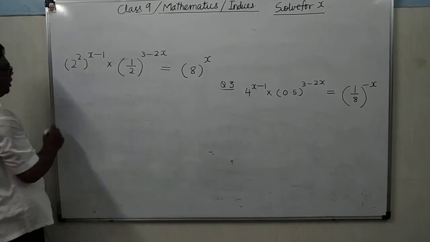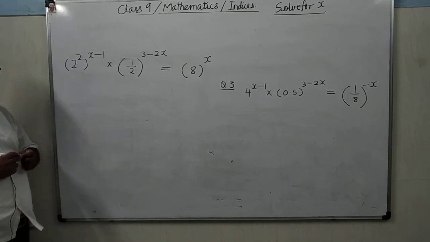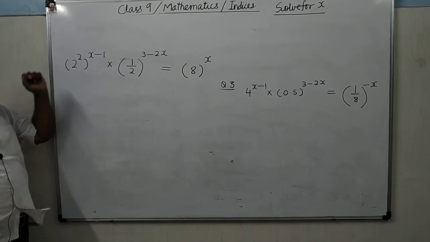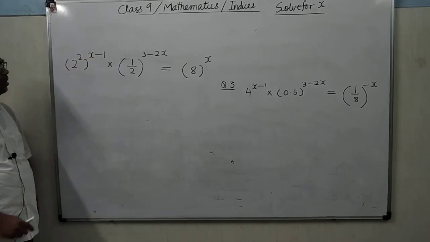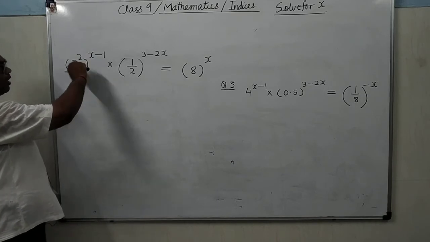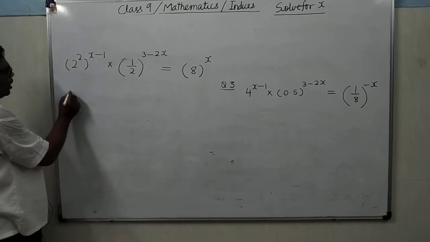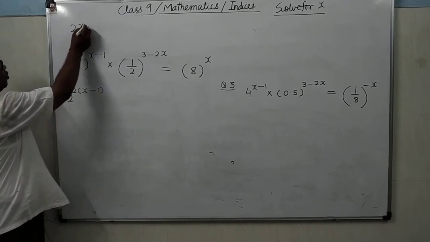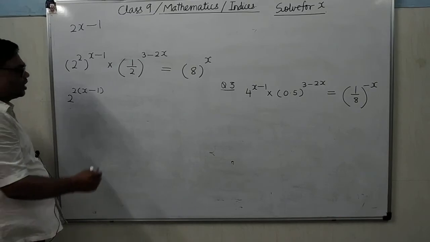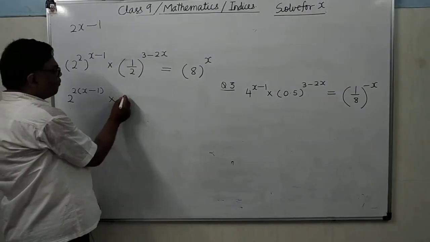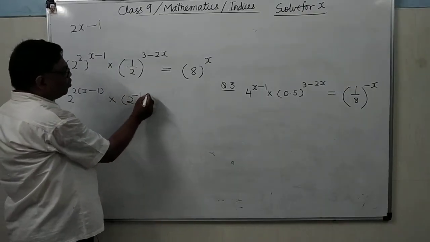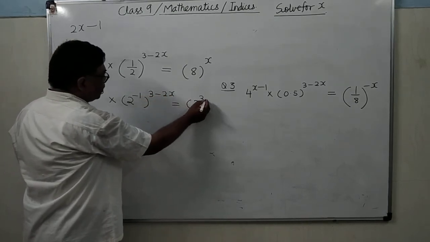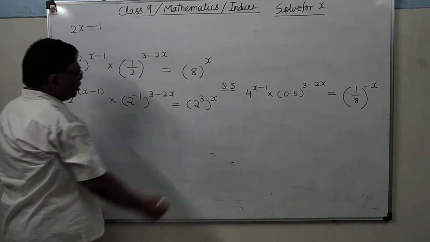Now, this is a very common mistake which I am going to tell you. When students multiply, then they multiply only with x. Don't multiply with 1. You have to multiply with both the terms. So first you write this way. Otherwise students write only 2x minus 1, which is incorrect. This in the power form, 2 to the power minus 1 whole to the power 3 minus 2x. This as 2 to the power 3 whole to the power x.